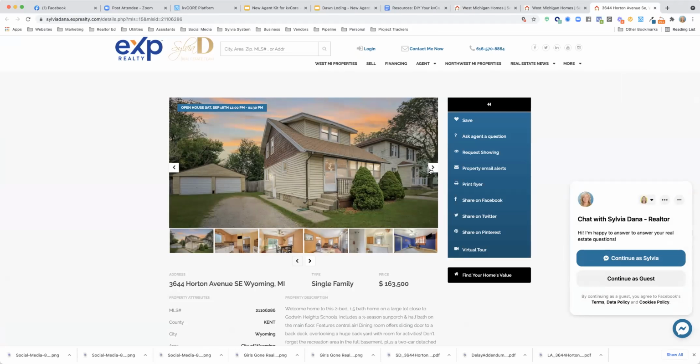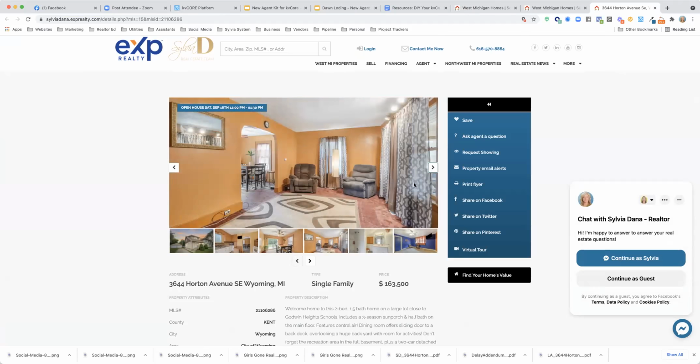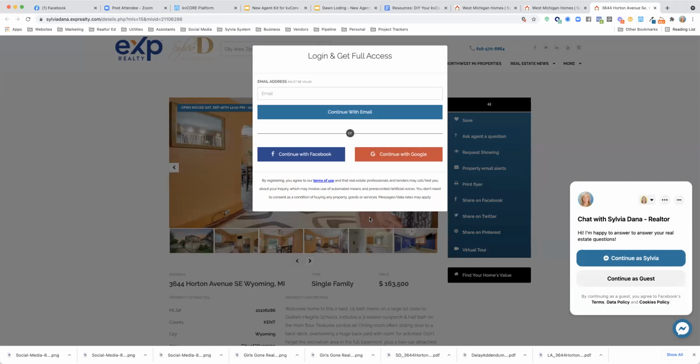And hopefully this works sometimes. Okay, so I'm just going to scroll through here. Oh, there it goes. So I've looked at a couple pictures and now it's asking me to register. So somebody could feasibly look at a couple of pictures, scroll down and see the whole listing and never have